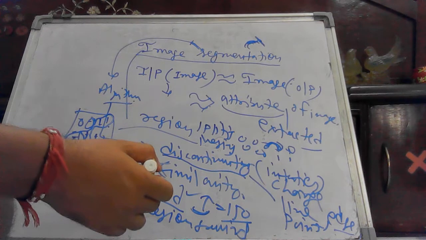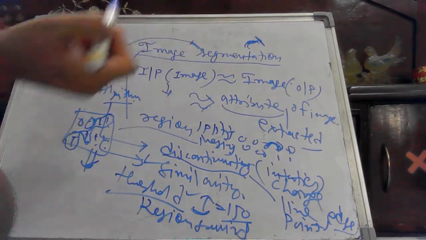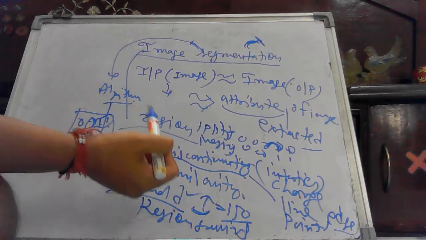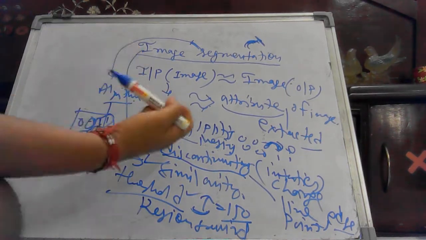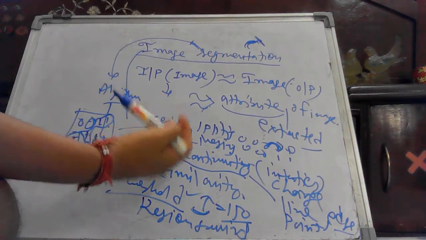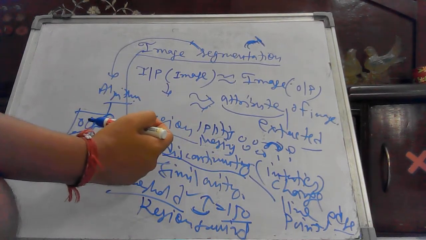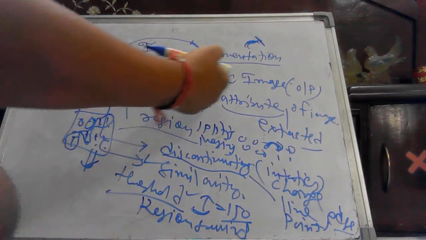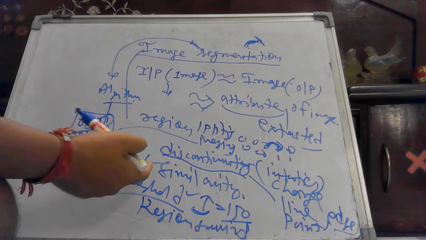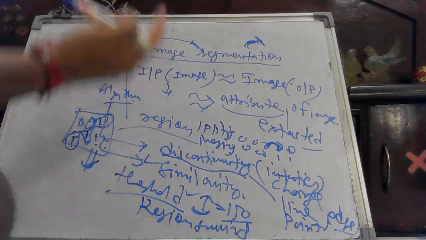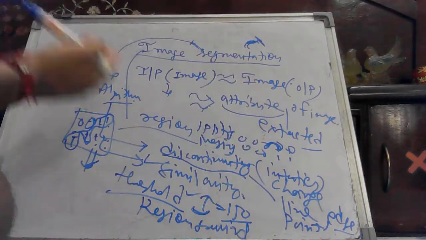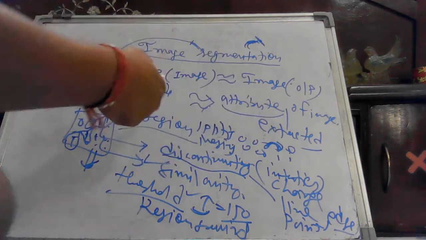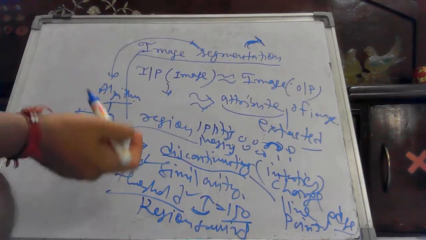So we have seen two things. My image segmentation algorithm may be based on a discontinuity approach, where our objective is to find high frequency components, whenever there is a change from low frequency to high frequency, that is, an abrupt change in intensity value in my image. This kind of approach is very popular for detecting lines, points, and edges, either horizontal, vertical, or diagonal edges, depending on my mask.